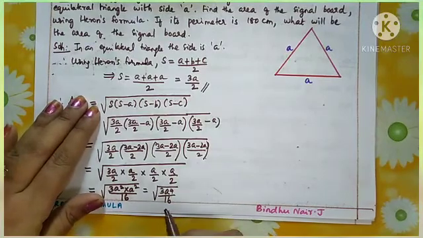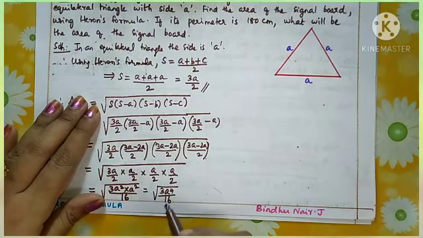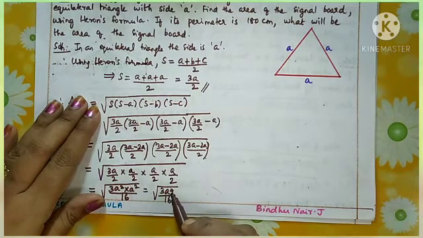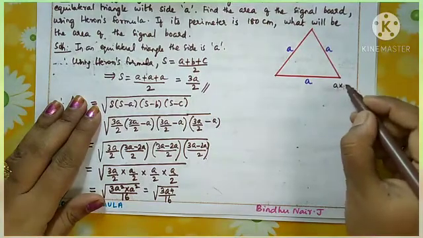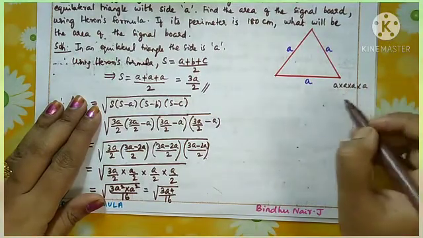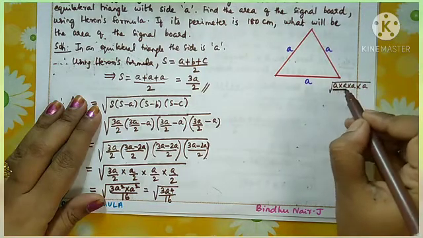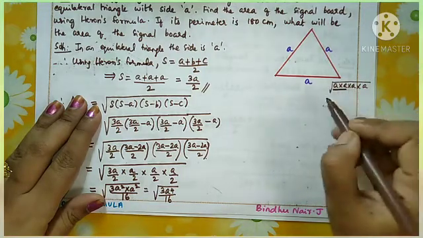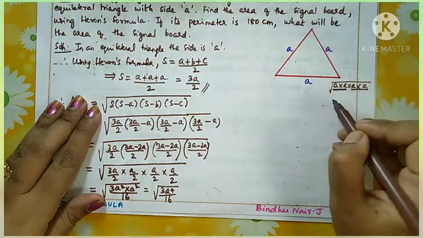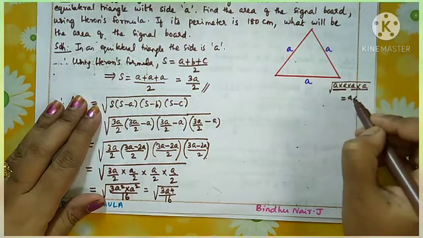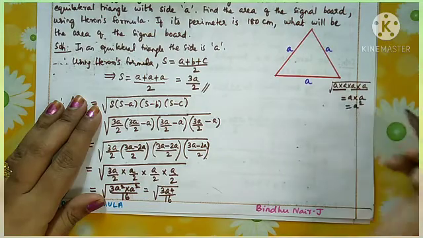Understood? Okay. Now you know we want to take the root of this term, so that you see here 3 is not a square number, but a raised to 4, you know what is a raised to 4? A into a into a into a. Okay. So from this, if you are taking the root, from this 2a, 1a will come outside, and from here also 1a will come outside. So answer is a into a, that is a square.